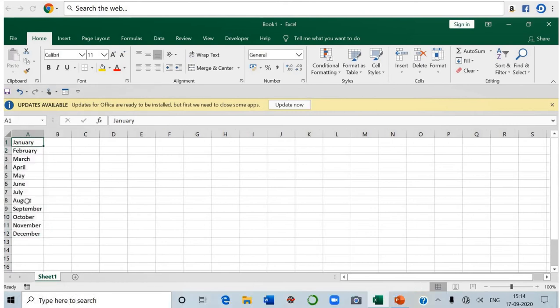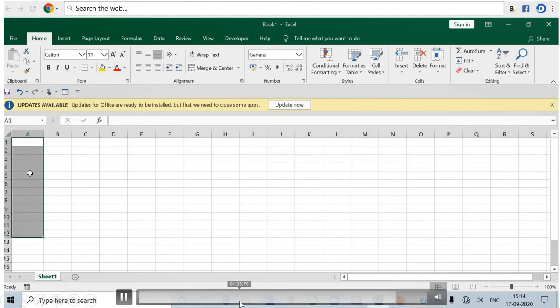So if you type only 3 alphabets, it will do that way only. If you type JAN and in the second cell A2, you type FEB. Again, see what happens. It will give the result accordingly. MAR, APR, MAY and so on. Is it not interesting, students?